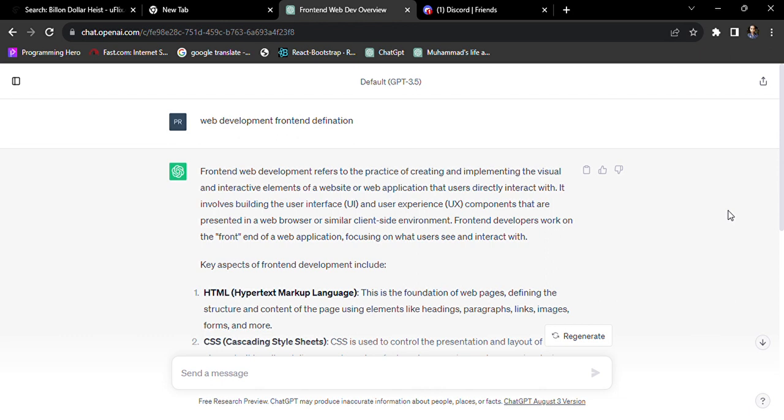Let's start. Today I pronounce web development front-end definition. Front-end web development refers to the practice of creating and implementing the visual and interactive elements of a website or web application that users directly interact with. It involves building the user interface (UI) and user experience (UX) components that are present in a web browser or